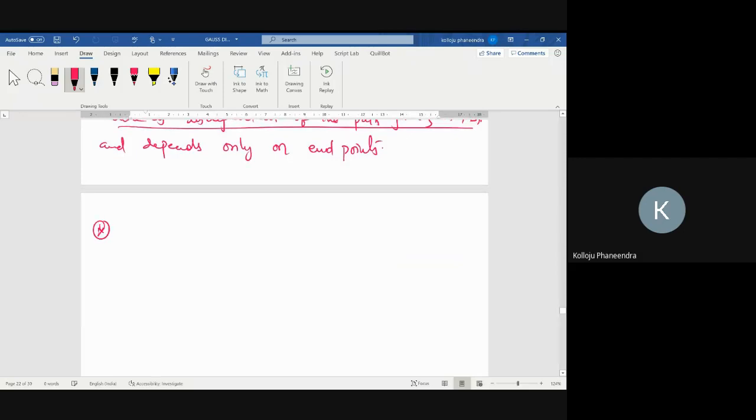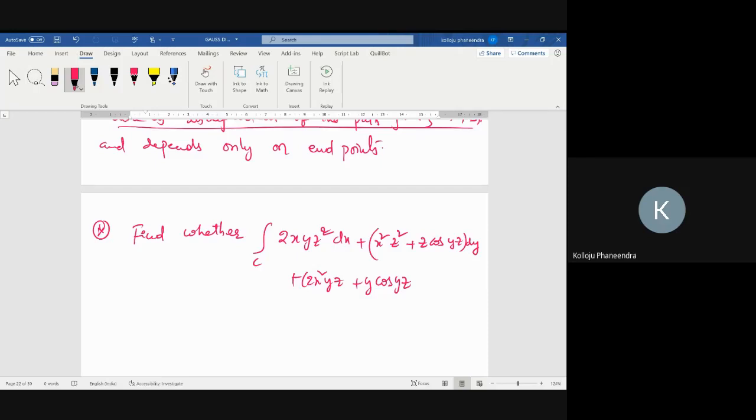Now, based on this note, one example: find whether the integral over C of 2xyz square dx plus x square z cos yz dy plus 2x square yz plus y cos yz dz